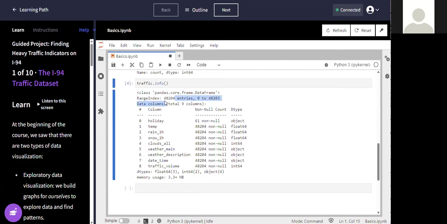We can see that we have almost 50,000 rows in this data set. And we can see the other columns, there are no null values. But holidays, there are only 61 non-null values, which